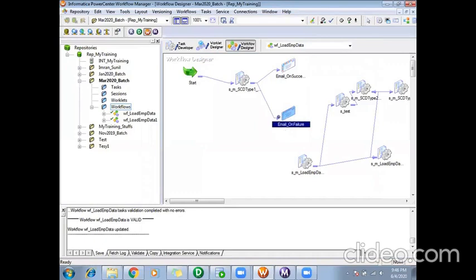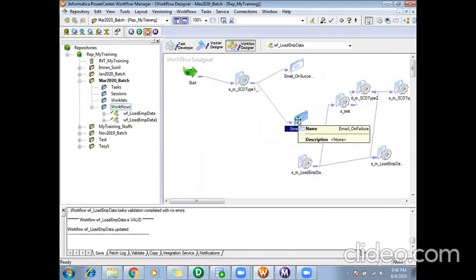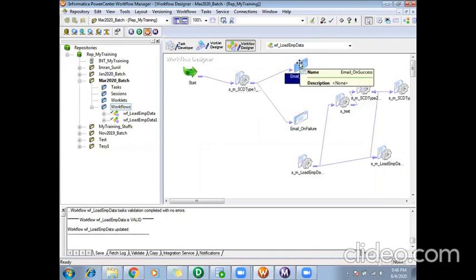What I want to do is send a success email to the business users when this session completes successfully. And when the session fails for any reason, I want to send a notification mail to the support team. Then I can create 2 email tasks here. So there are no restrictions. As many tasks as you want, you can create, and as many of the same task as you want, depending on your requirement.